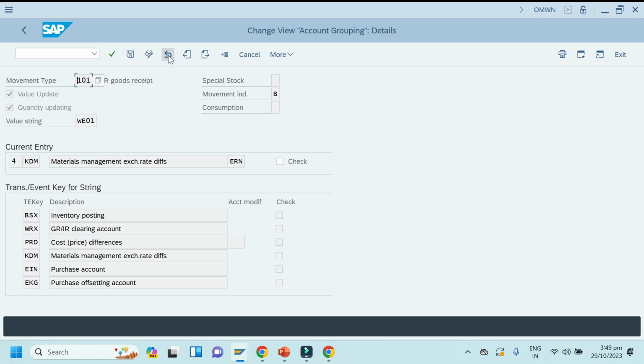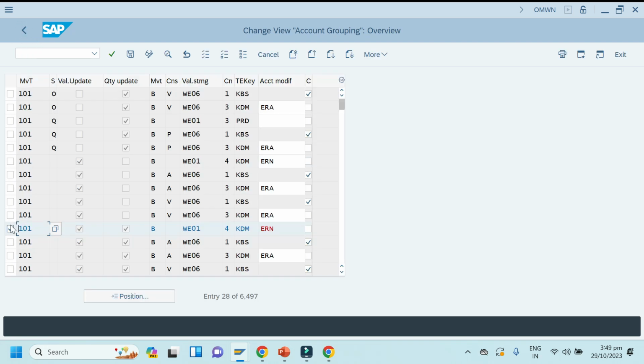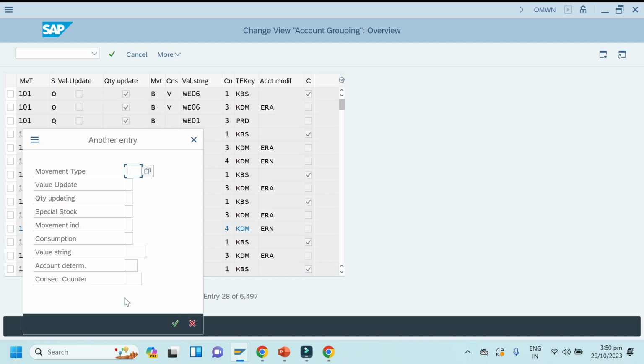Following are the account modifiers for transaction key GBB.